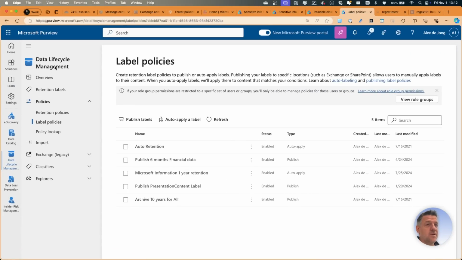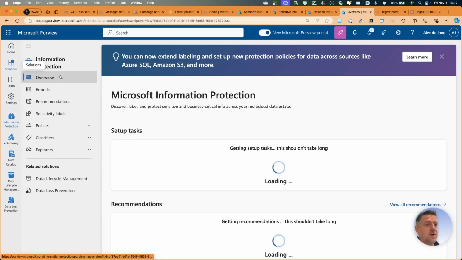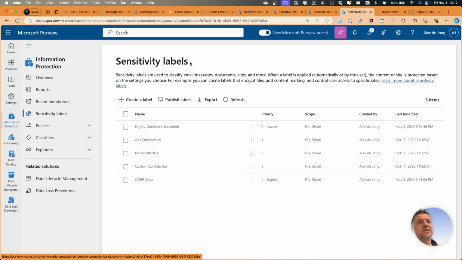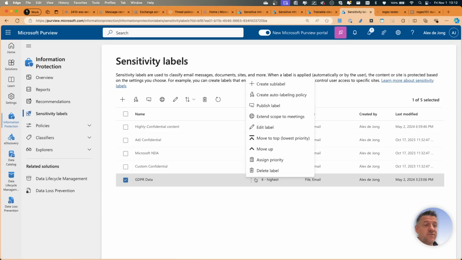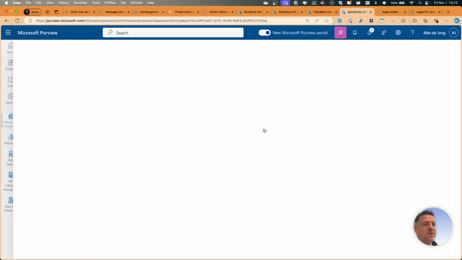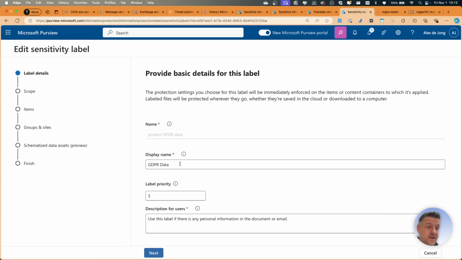Now we are going to step away from data lifecycle management. We are going to go into information protection. Also here, we can create labels, but now these are sensitivity labels. And each different sensitivity label, let's, for example, edit my GDPR label that I have created. Basically, what this label does is, if I mark this with GDPR data, so if I attach that tag or label to a document or an email,